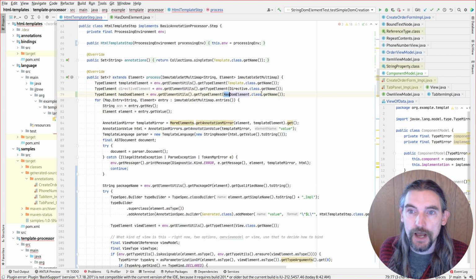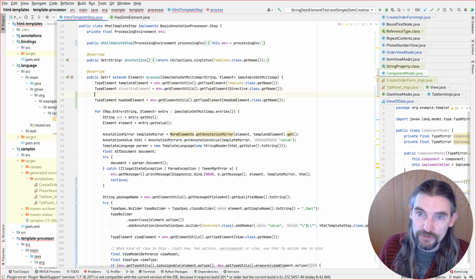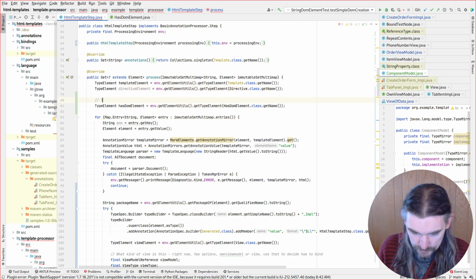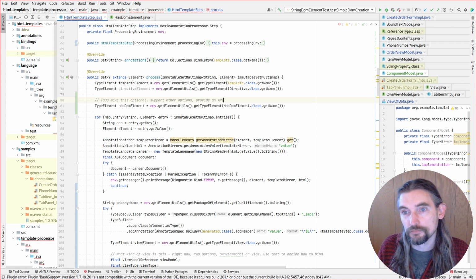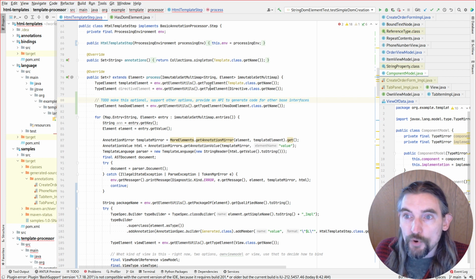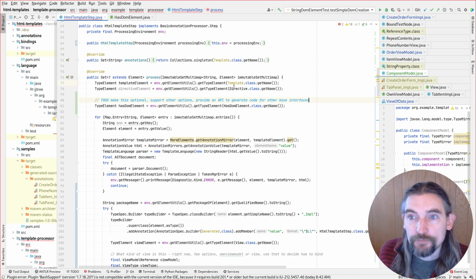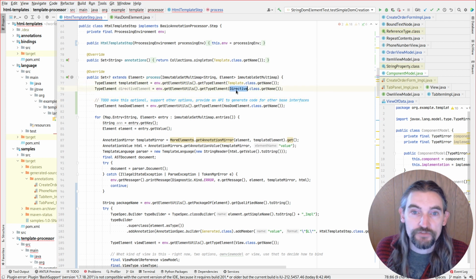Eventually, we might make this optional and support multiple different things that are, hey, I'm a widget. But we have to know what template and directive are